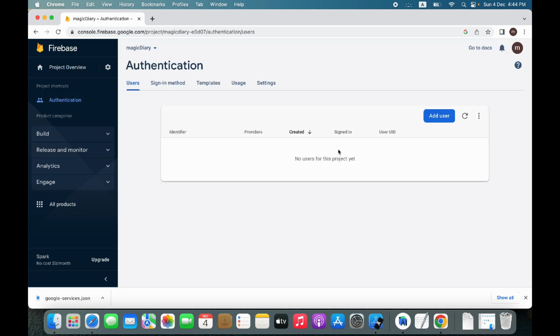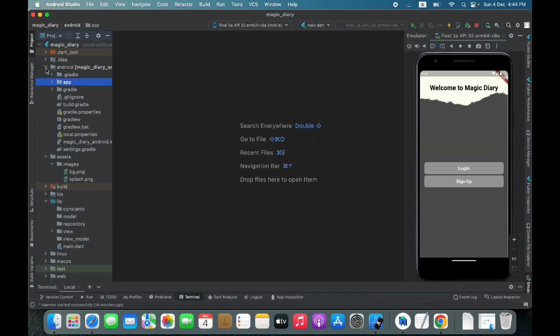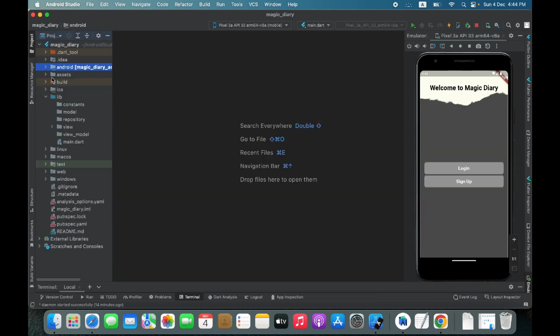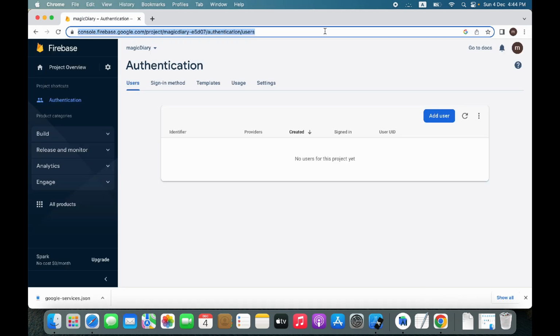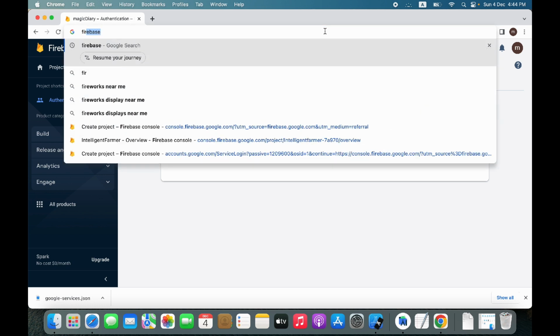So now whenever the user logs in, you will be able to see that user here in the users collection. So let's go back to our Android Studio. Just because we have implemented Firebase, we need to add some third-party libraries also. To get those libraries, let's go back to the browser, and I will write Firebase core